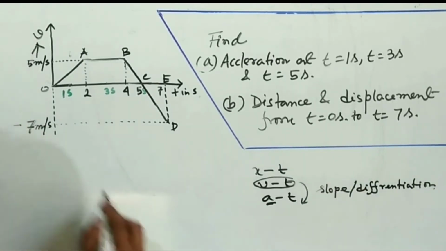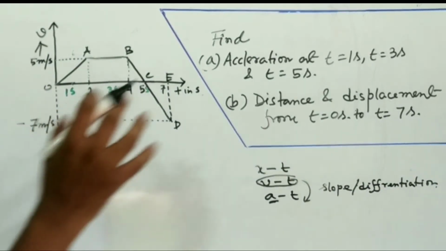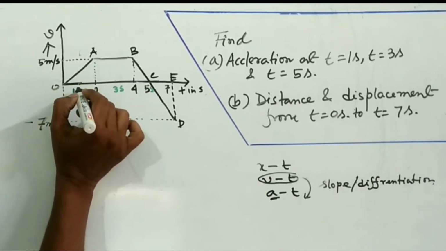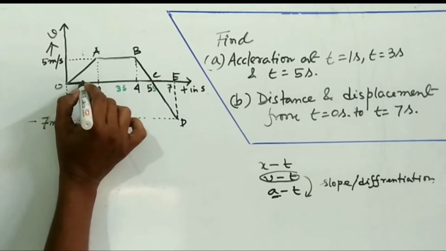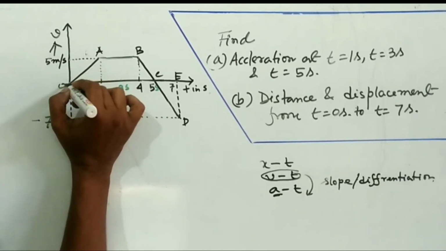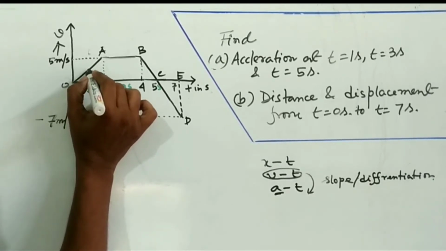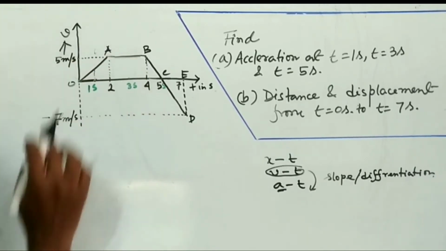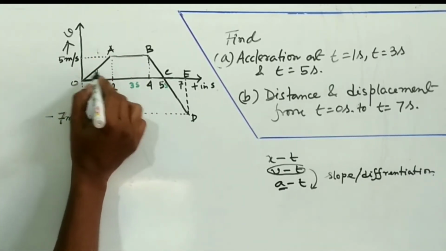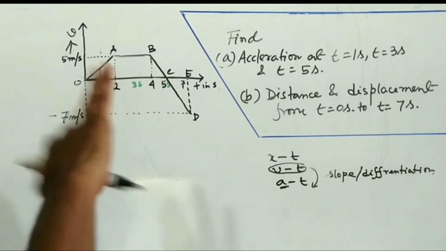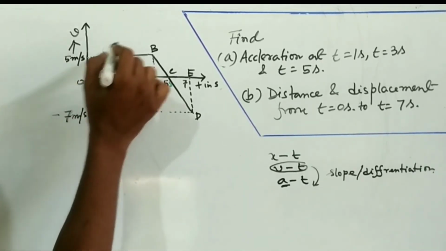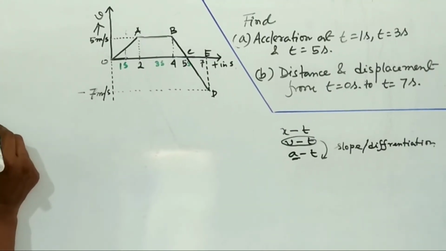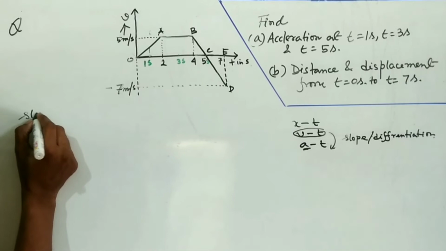Okay, so you have to find out that slope. What is the slope of the car or vehicle at 1 second? You can see this OA here. Throughout the straight line OA, it has the same slope. So if we find the slope of OA, it will give you the acceleration at 1 second. Now, what is the slope? You have to find the slope of